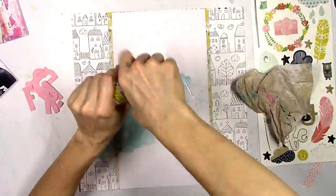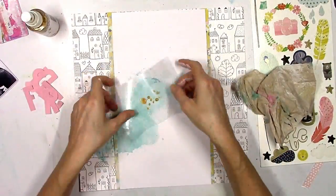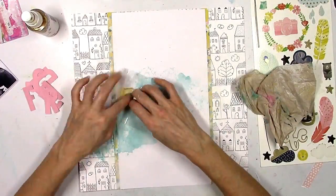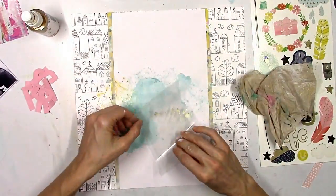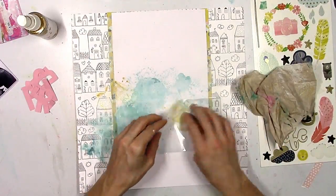Yeah, but believe me, I couldn't even get the lid open. I was really struggling. I was not about to throw it away. I don't care if the bottle's jammed, I'm still going to use it. And I decided to kind of use this with the packaging technique to add some gold flair and some sparkle